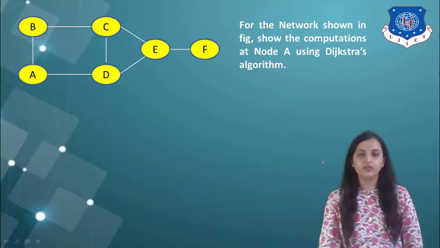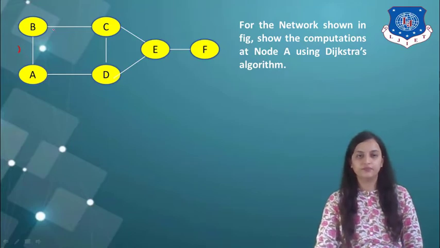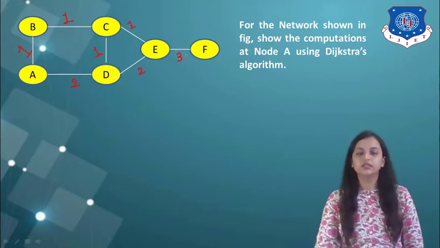So over here, from A to B, the label given is 1. That means it may indicate the distance from router A to B, or node A to B. Same way over here it is 1. Here it is 2. Here it is 1, 1, 2 and 3. These are the labels given at each link, that means from a particular node to the destination node.